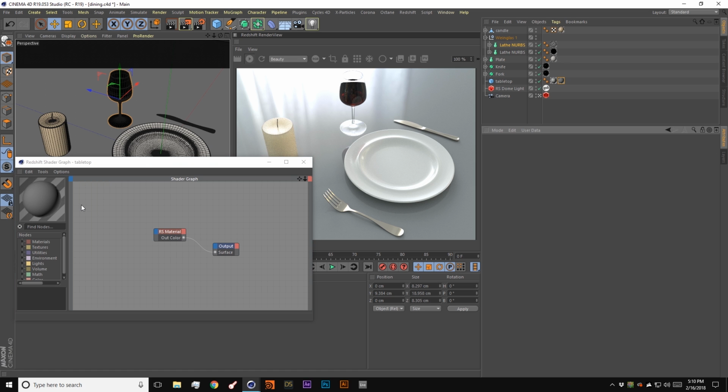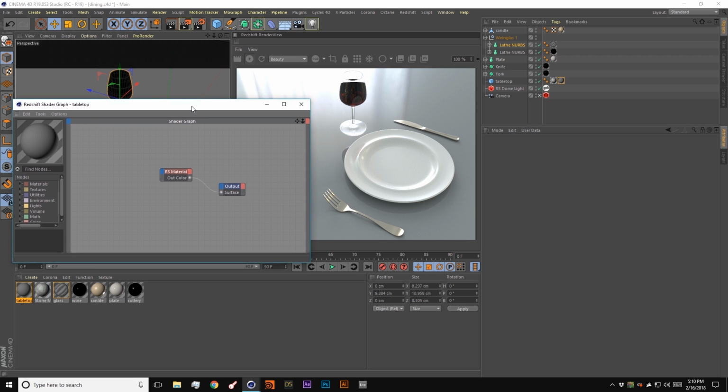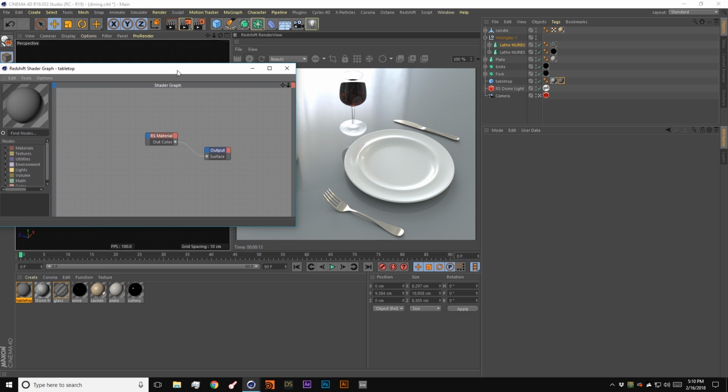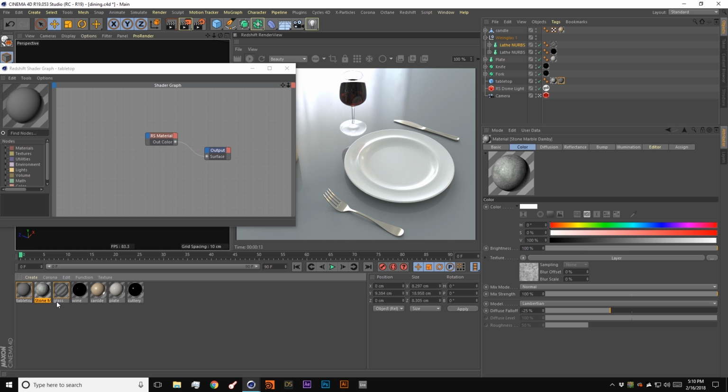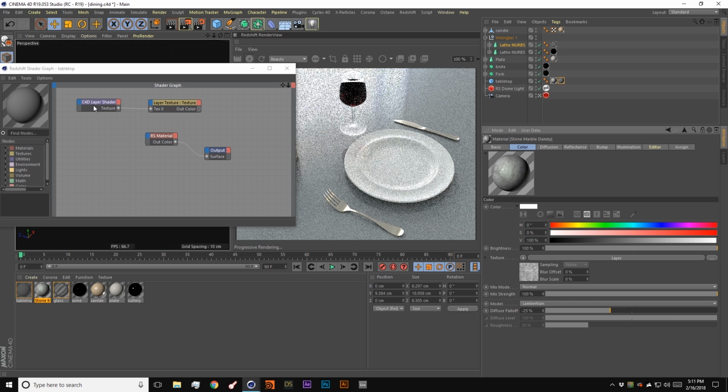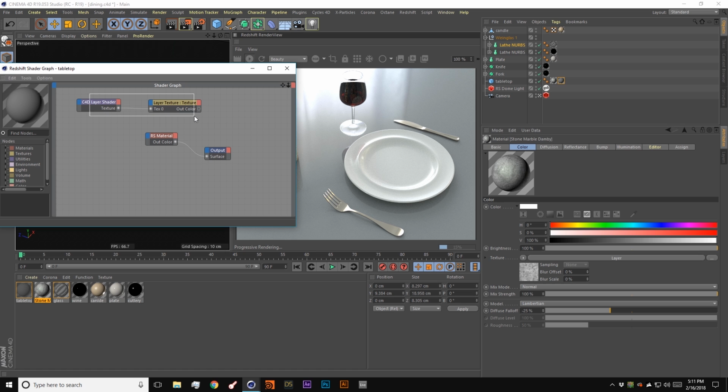It can seem a little intimidating at first, but after some time, it won't be. It'll actually make a lot more sense, and we'll see that it'll be a lot faster than working with channels. Anyways, what I want to do is keep this shader graph open here for a second, and I'm going to click on my Cinema 4D material so that I can click and drag this texture onto my Redshift shader graph, and you can see by just clicking and dragging the texture, Redshift created the necessary